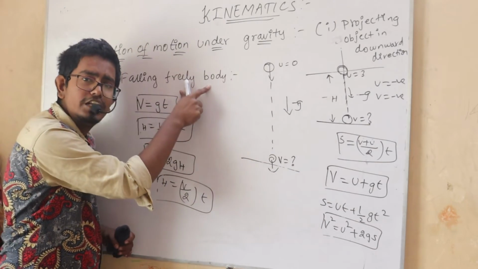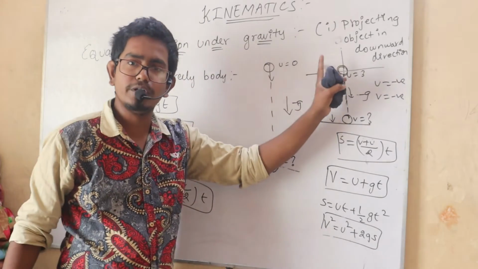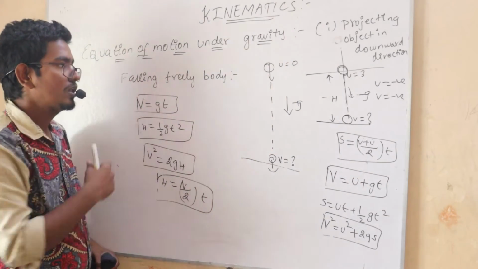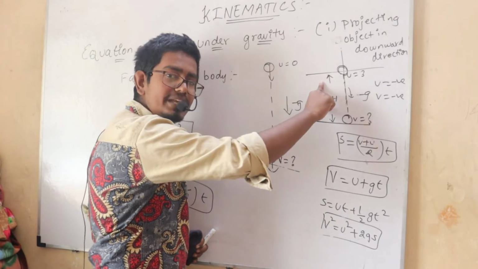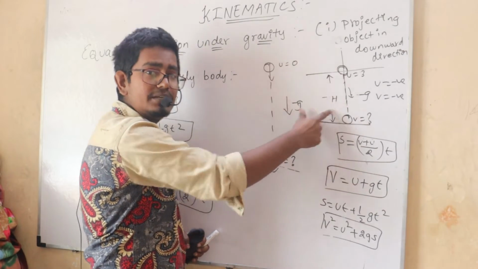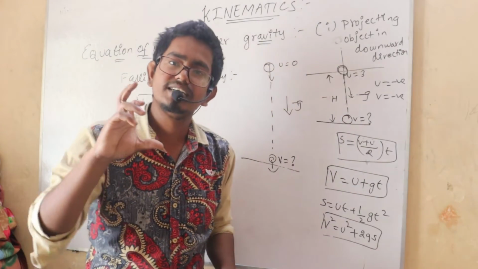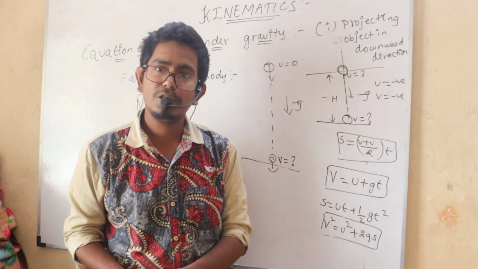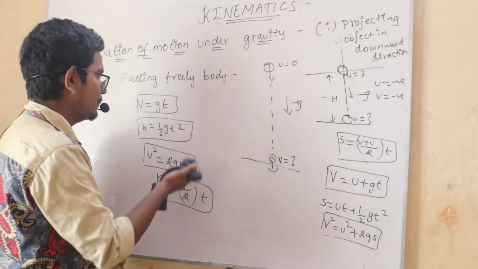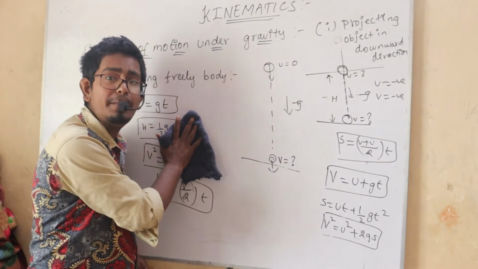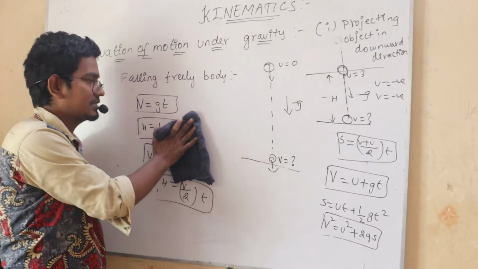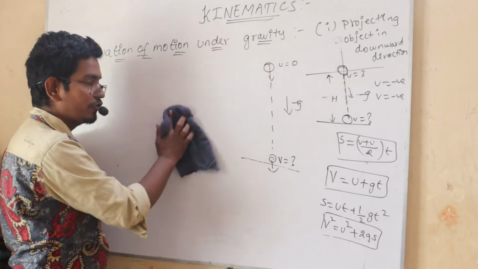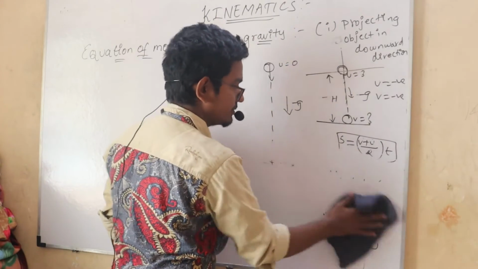For the freely falling object, my initial velocity is going to be 0, and I have 4 equations right now here. In some textbooks it is given as height, in some textbooks it is given as displacement. Both are the same, so nothing to confuse here. Now I'm going to give you a simple problem which was asked in AIPMT 2011 prelims. AIPMT is the same examination as NEET, which was held before NEET was introduced.